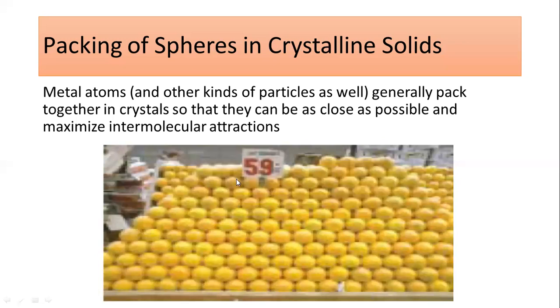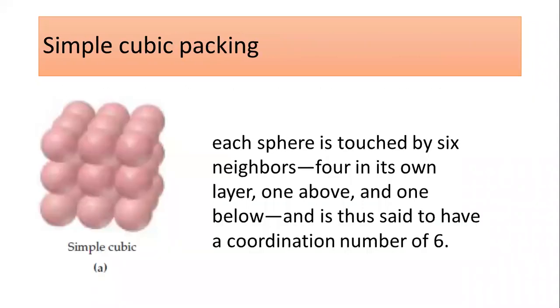So this is our main objective, and there are different packings of the atoms or packings of the spheres in the crystalline solids. There are actually four types, and we will be discussing them here. The first one is the simple cubic packing. And in simple cubic packing, let's suppose this is the shape after the packing of the spheres in the